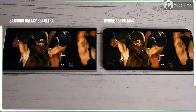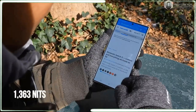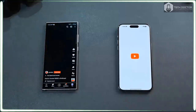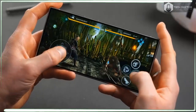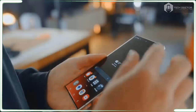If you have never played with an Ultra, you really need to pick one up and pop the pen. Did you know the S Pen clicks? There is no reason for it. It could just pop out, spring-loaded, but instead the S Pen has a clicky top that is extremely satisfying. Oh, the S Pen is also a motion sensing stylus with a Bluetooth camera remote button, but Samsung hasn't neglected the